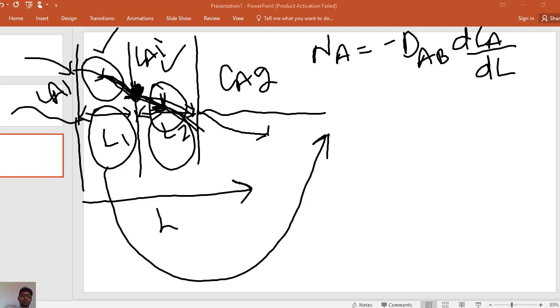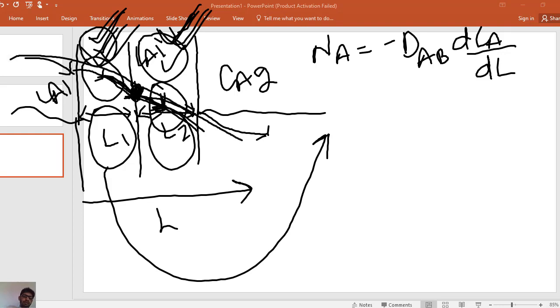this is the two film theory because it shows two films. This is the liquid film, this is the gas film. So, the two films can be one fluid and another fluid: this can be liquid, this can be gas, or this can be liquid and this can also be liquid. So, it depends on the fluid. It can be two liquids, it can be two gases, it can be liquid and gas. So, it depends on the process. So, in absorption cases, one film is the liquid film and the other film is the gas film. So, component A is absorbing in the liquid and it passes through two resistances or two films, and that is called two film theory. So, how the concentration of component A changes in this stationary gas layer